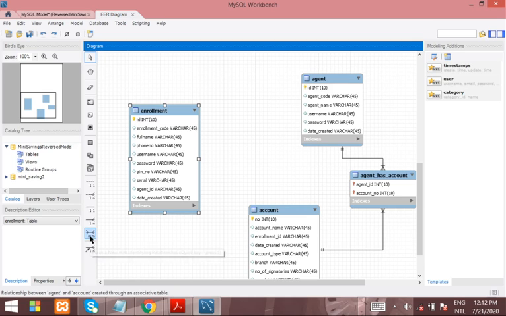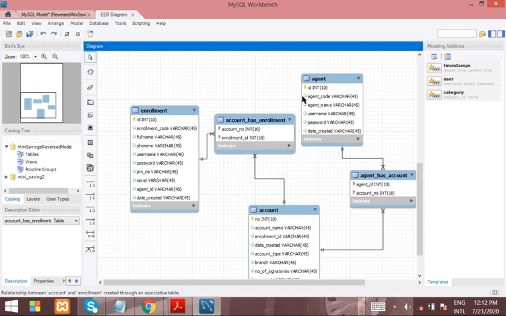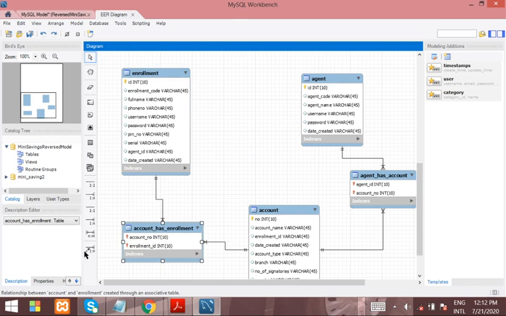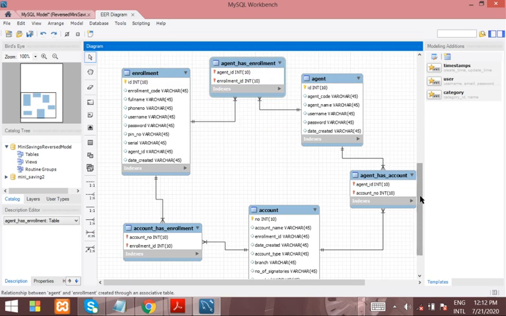It gives you only one undo. So you click on this and create account and this, right? And between account and enrollment, is there a relationship? Let me see. Agent ID, there is. So click out and click on it and create between agent and this. So you're done with the relationship.